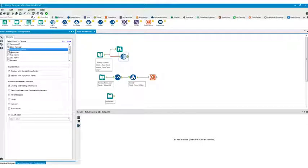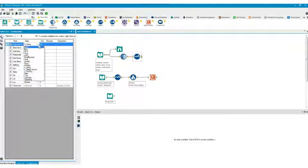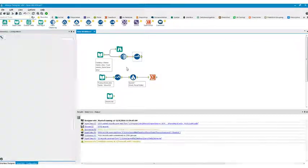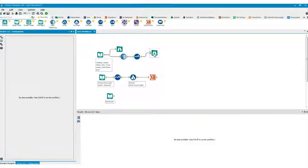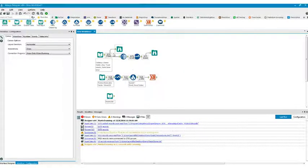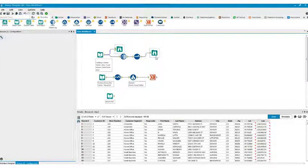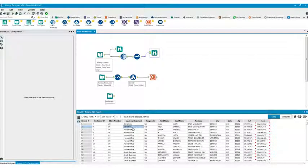And so what Alteryx does is give you the capability of transforming your data set into a format where now I can work with this, right? Now all of these, I wouldn't say inaccuracies, but all of these little things, having leading zeros or punctuations, I'm able to take that out, and leading white space, I'm able to take that out. So now, once you have that data in its right format,